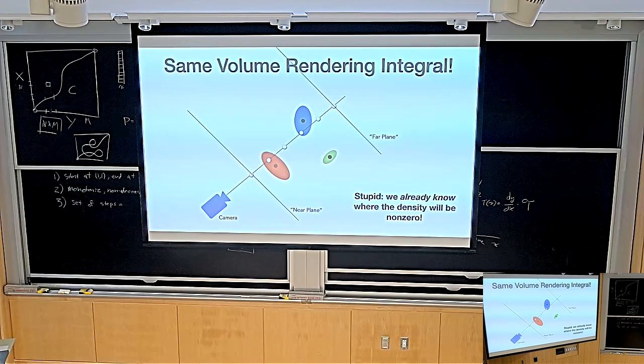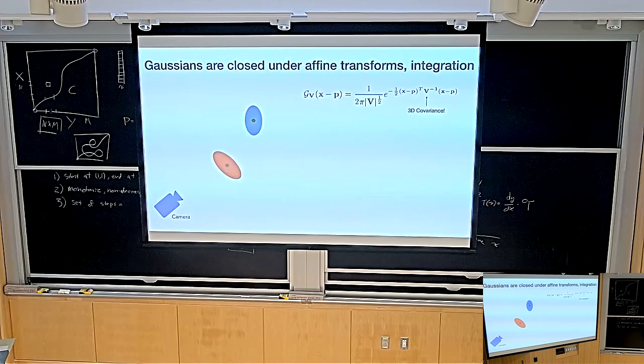Okay. And now we're going to go through some properties of Gaussians that will allow us to define a really, really fast rendering algorithm. And this is some not so obvious thing. This is lots of math that I copied from existing papers. I would rather have this be a discussion with you guys.